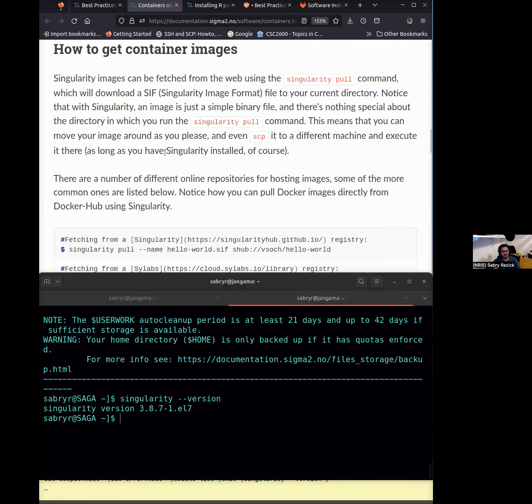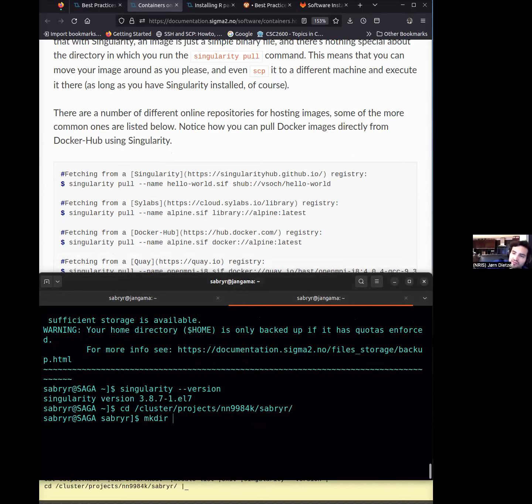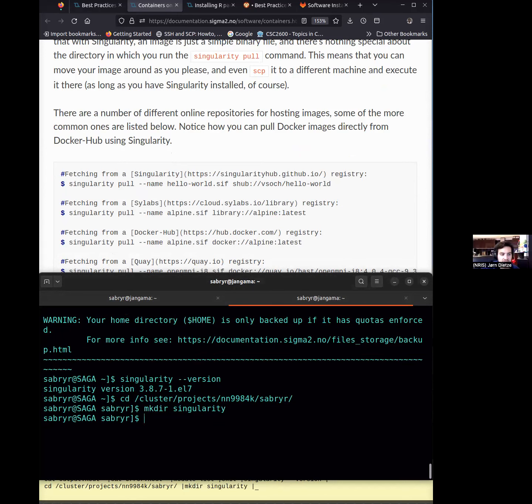So in order to use a Singularity image, we need to get that image downloaded to our Saga first. So how do you usually download things, Jørn? Maybe with Singularity, or in general, how do you get things down to Saga? We discussed it in the last course, so I would usually use wget, or if it's on GitHub or GitLab, then I would use git clone, and I have to have git link multiple files. But the easiest usually is wget or curl.